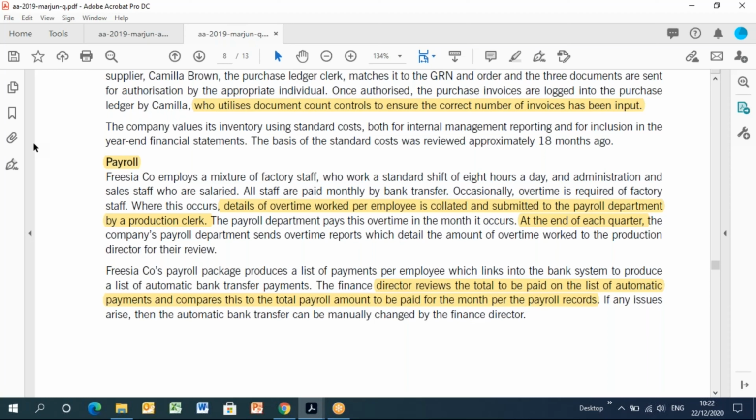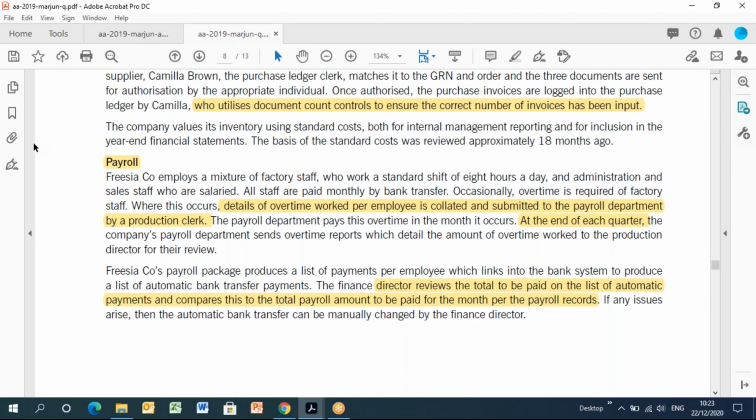All right, so if we move on, you'll see that the payroll package produces a list of payments per employee, which links into the bank system to produce a list of automatic bank transfer payments. The finance director reviews the total to be paid on the list of automatic payments and compares this with the total payroll amount to be paid for the month from the payroll records. So what it does is look at the payroll batch that goes through the bank and compare that with the payroll records. But it might be that these are different by 1 or 2 or 3 cents,